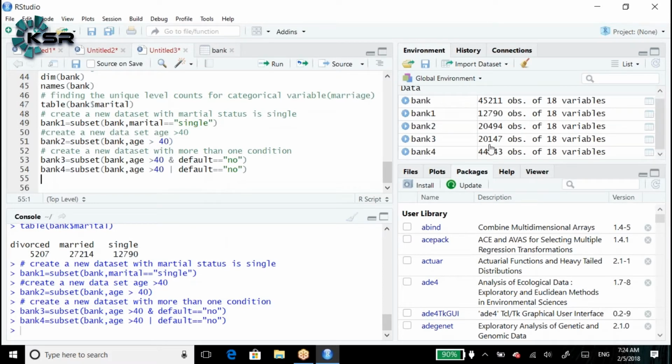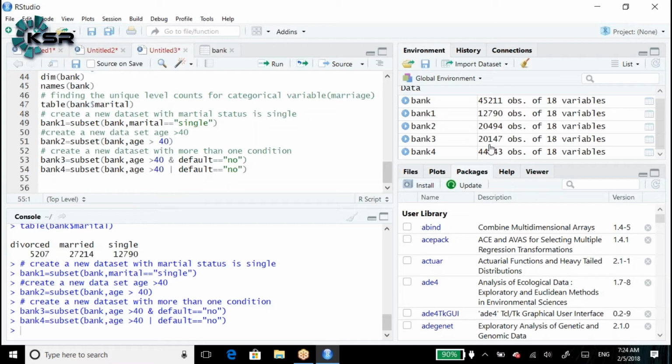When both conditions are true, age greater than 40 and default is equal to no, we got bank 3, 20,147 records. Whereas with OR, either one condition being true is possible, age greater than 40 or default yes.